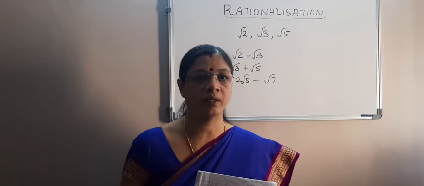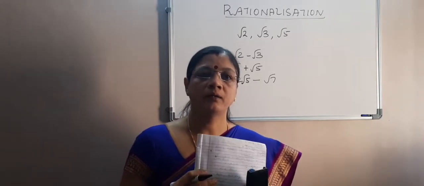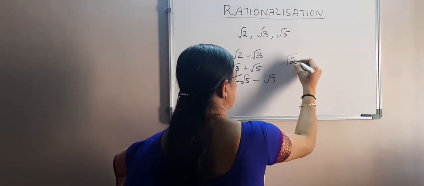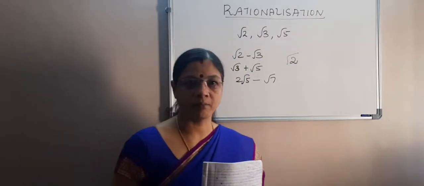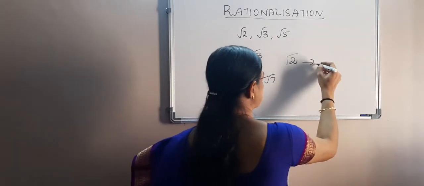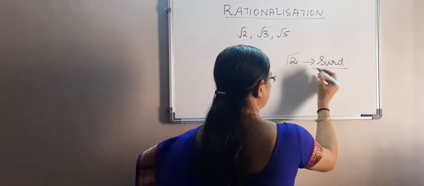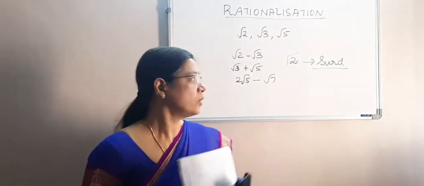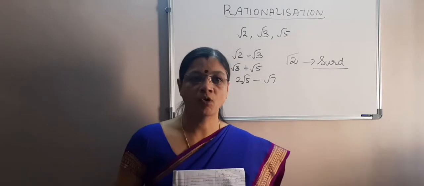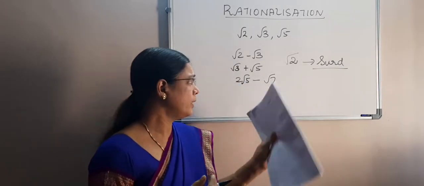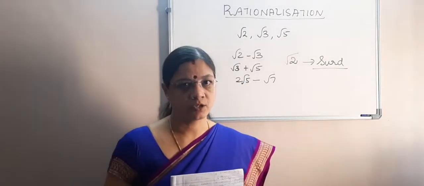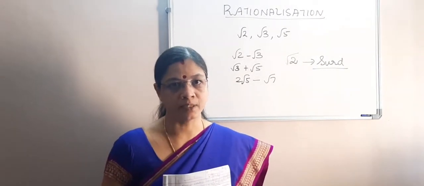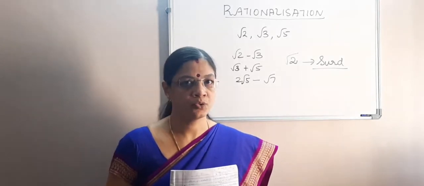And where do we make that? Regarding fractions. When a single number is given, root 2 is an irrational number, as we know. It is also known as a surd. A term is given to the irrational numbers; they are also known as surds. So whenever we encounter operations involving these irrational numbers, we try to make them into rational numbers so that it becomes easier for us to simplify.